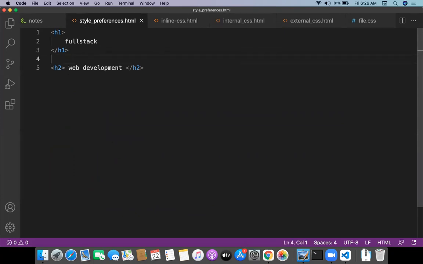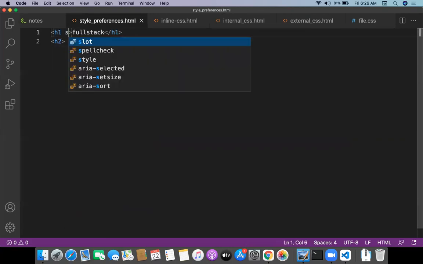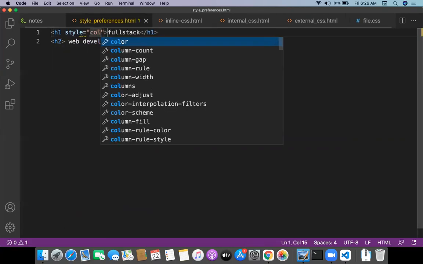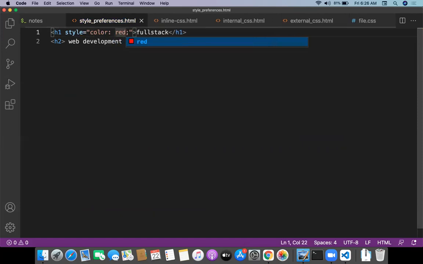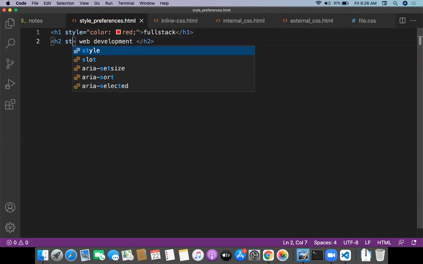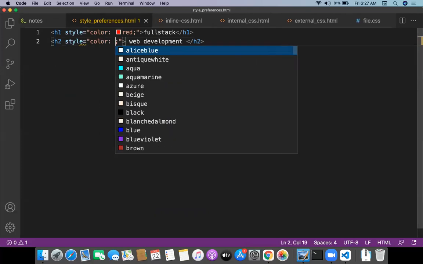I'm just taking H1 and H2. Now what I want to do is inline CSS, internal CSS, external CSS. First of all, I'm writing an inline CSS. Style is equal to color red. Then I'm writing a style, color green.